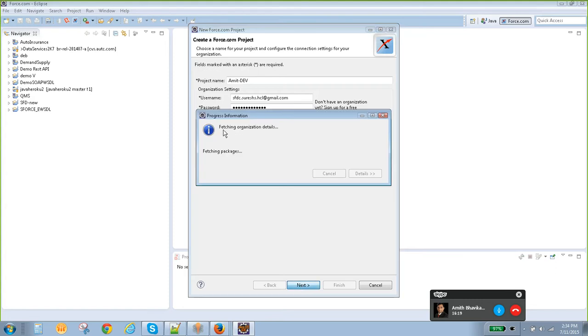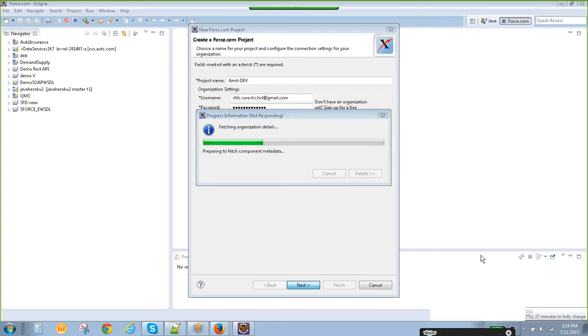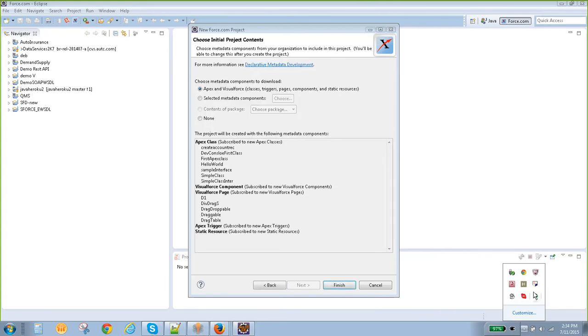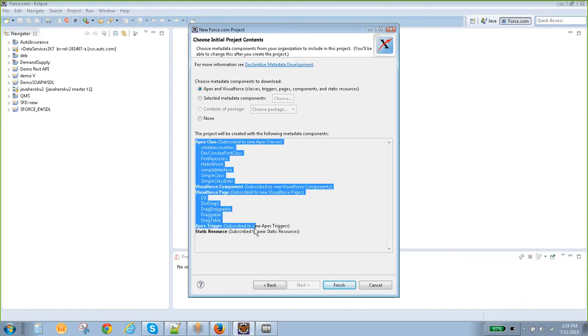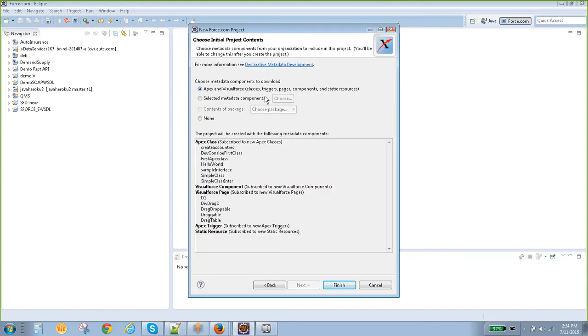So see here, it is fetching organization details. It will fetch all the details over here. Once it is done, there will be an option where you can download only Apex classes, web pages and other things from that instance.